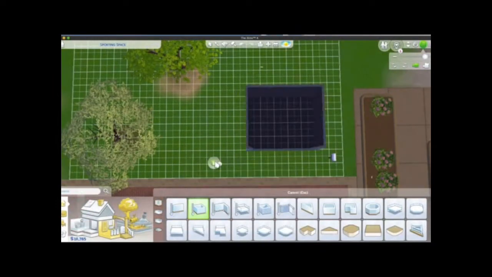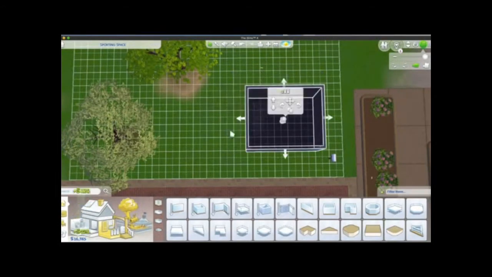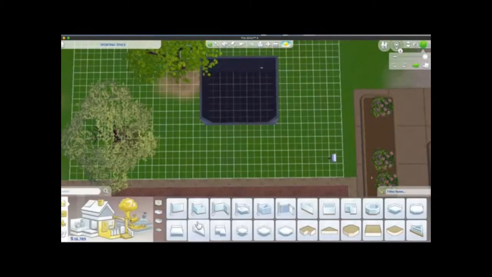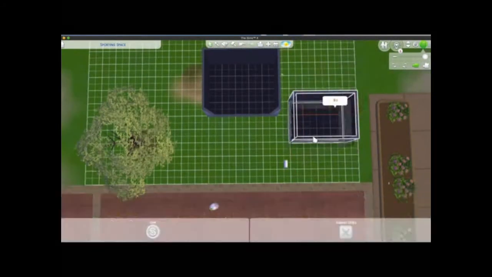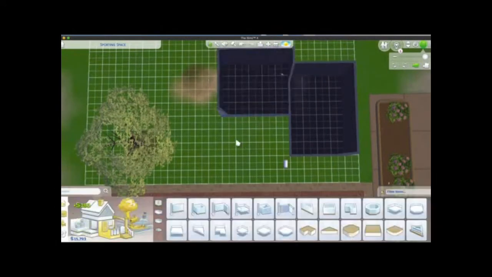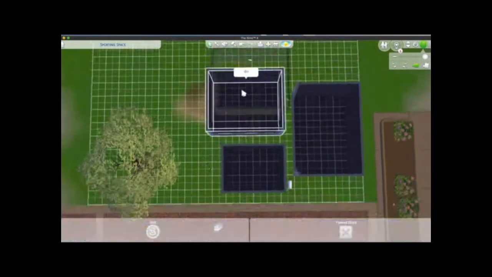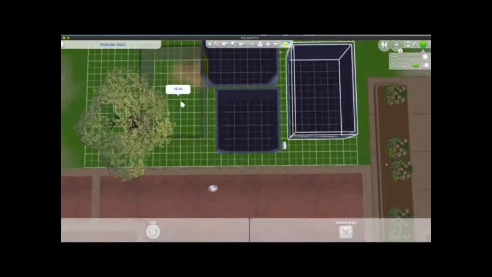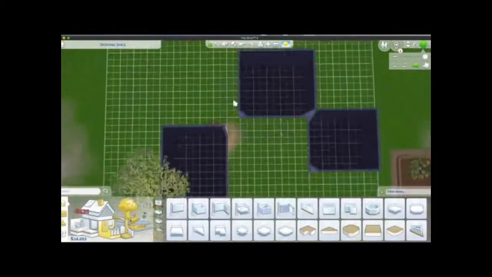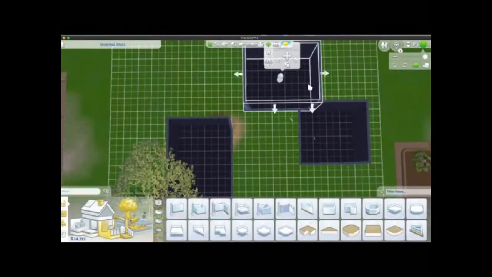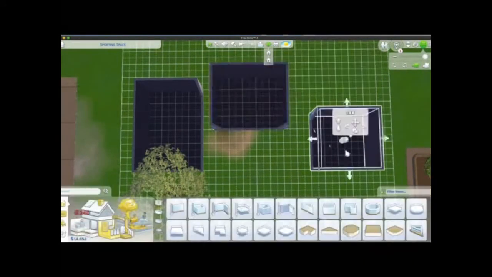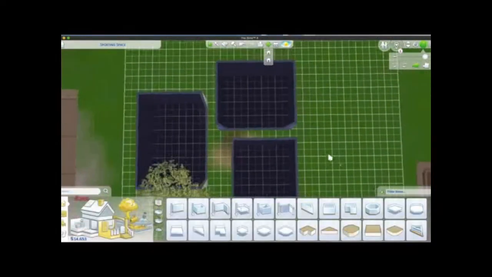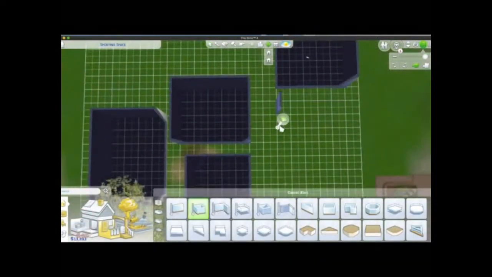So last week I did the CAS version, Create a Sim version of this Stereotype challenge that I am doing, and I actually misspoke and was saying that it was designed to be for the CAS, and then I was going to do a room build. And actually, the challenge, looking back at it, and I wrote it in my notes, but I forgot to write down who it was that suggested or was running this challenge, but it was designed to that you create, I think it's a room actually, and I'm sitting here doing a whole house, but anyway, it was designed to be,